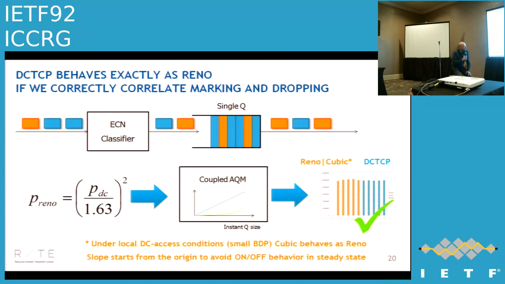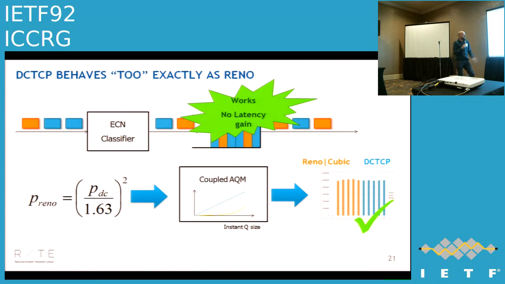We did that using simulation, but in the next slide, it works too well, because we have fairness for the throughput, but we have no latency gain. We made data center TCP have the same queue as Reno. You see? So to solve that, next slide,